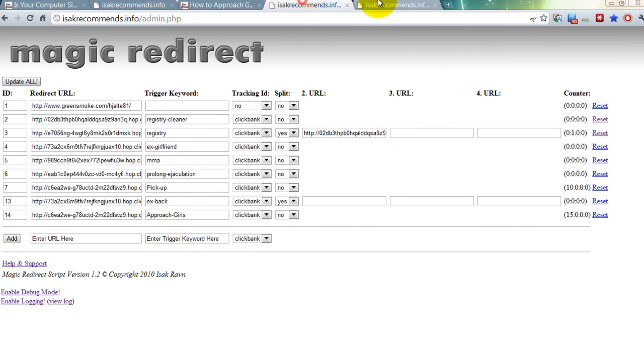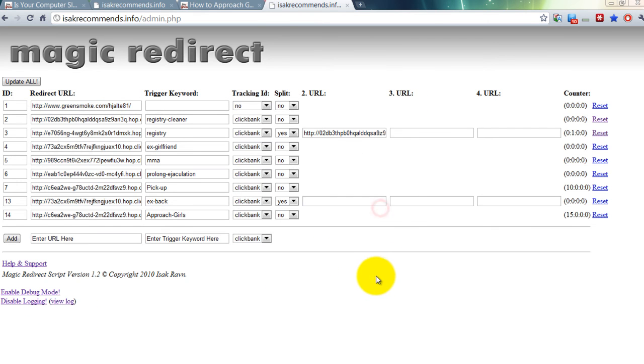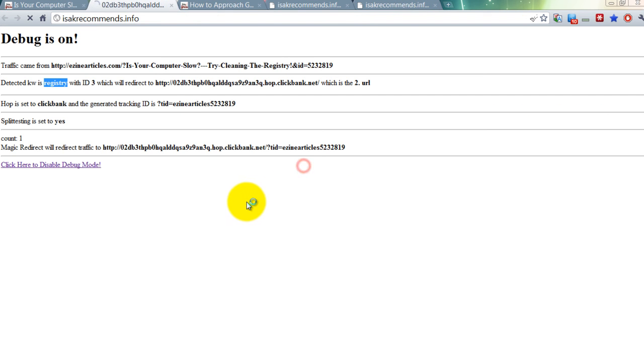See, now I have two of these open. Let me just close one of these. And then we have another feature down here called logging. If you enable logging, I can click view log. Right now there's nothing in it, but if I go here and